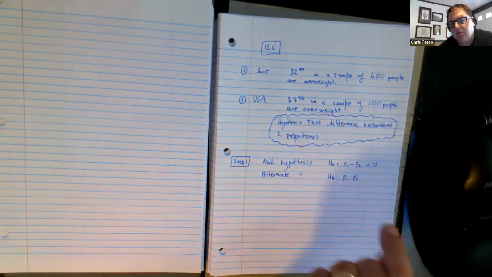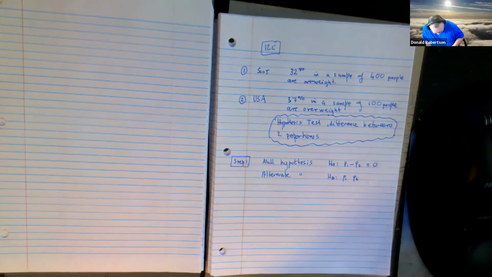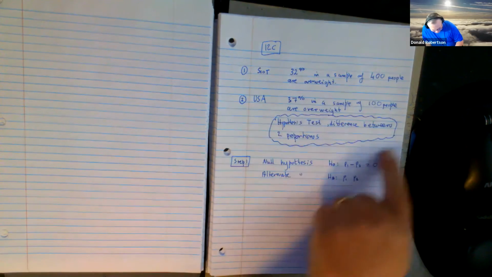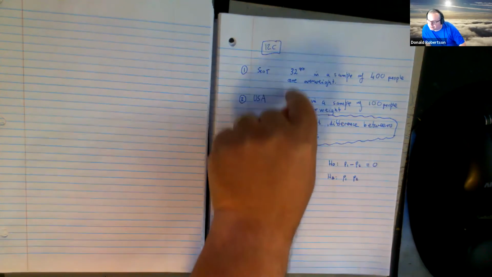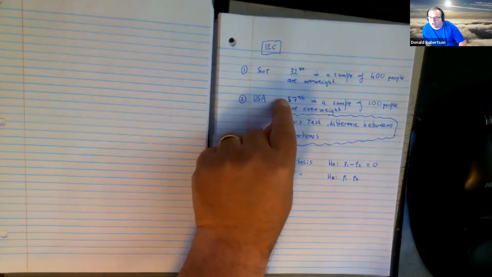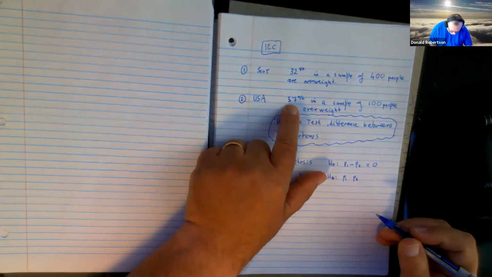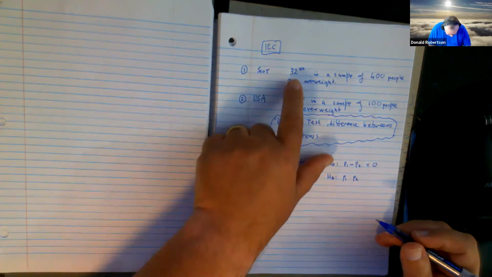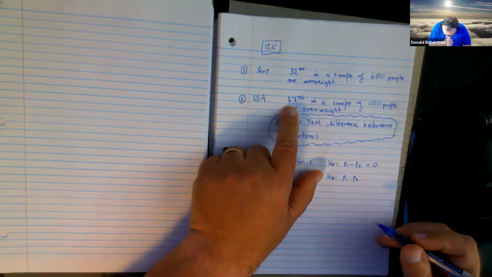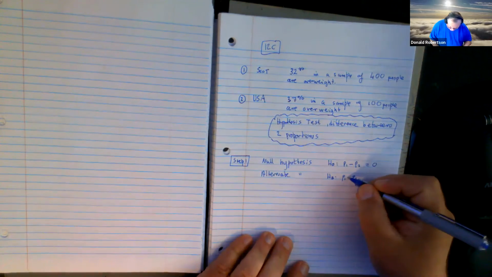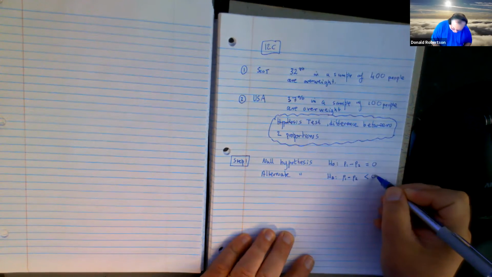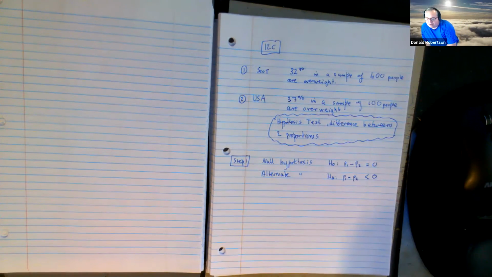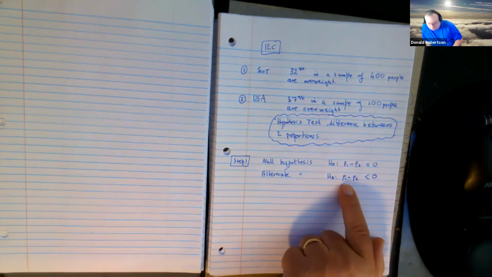Okay. Now, the alternate hypothesis has 3 flavors. It depends on what you're after. Sometimes you want to prove that the first is less than the second. Sometimes it's the first is more than the second. And sometimes you just want to prove that they're different. In this case, we'll assume that we wanted to prove that the Scottish people are less overweight than the Americans. You still use P1 take away P2, but you use less than 0. That mathematically is the same thing as saying P1 is less than P2.